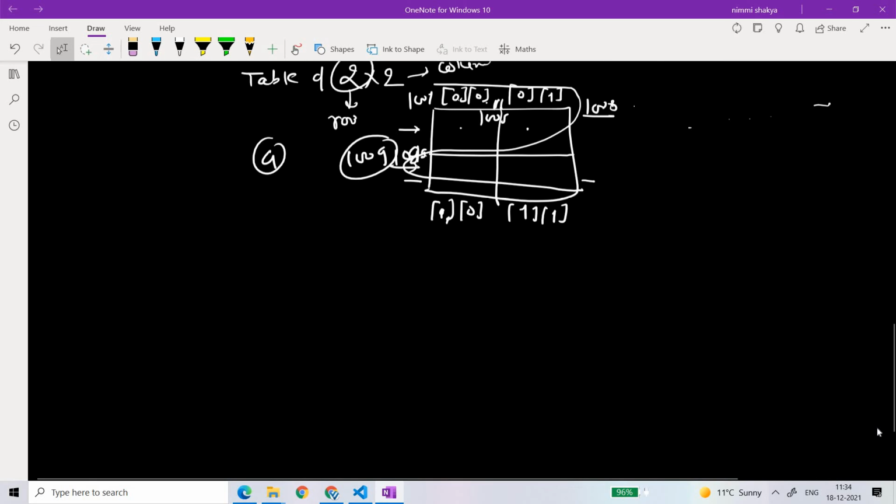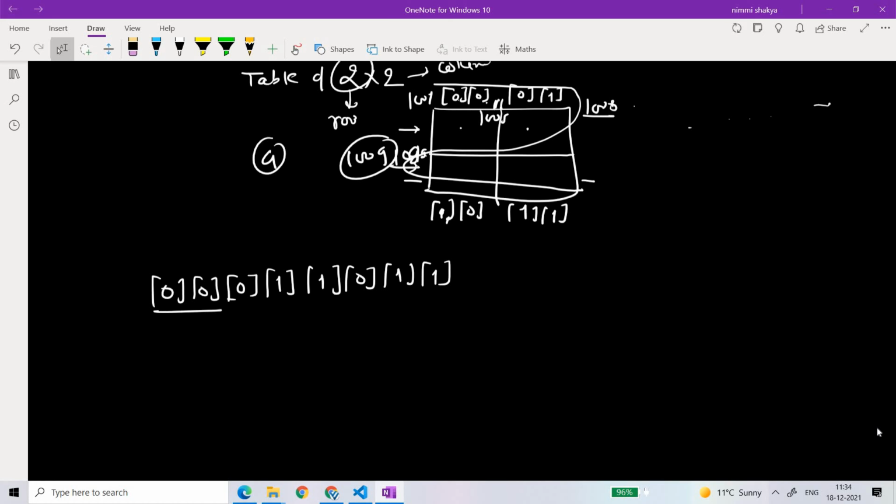So it is like 0 0, 0 1, 1 0 and 1 1. These are all 1 2 3 4 elements. These are all contiguous. It starts from 1001, ends at 1004. It starts from 5, it ends at 8. It's 1005 and 1008. Okay. It starts from 9, it ends till 12. It starts from 13 and ends at 16, right? So this is the way you have to understand this.